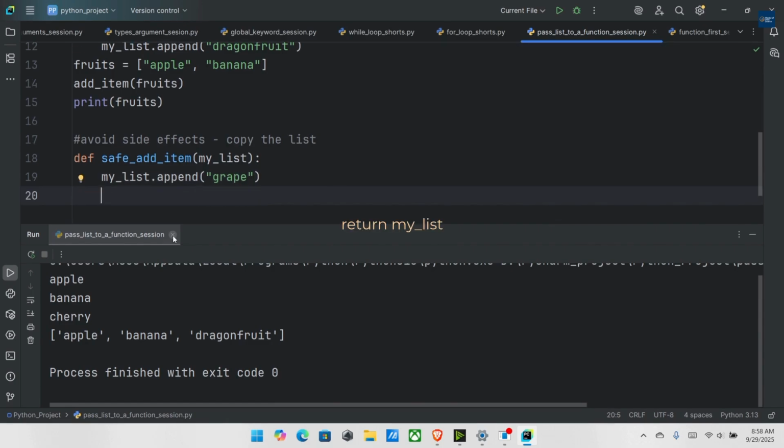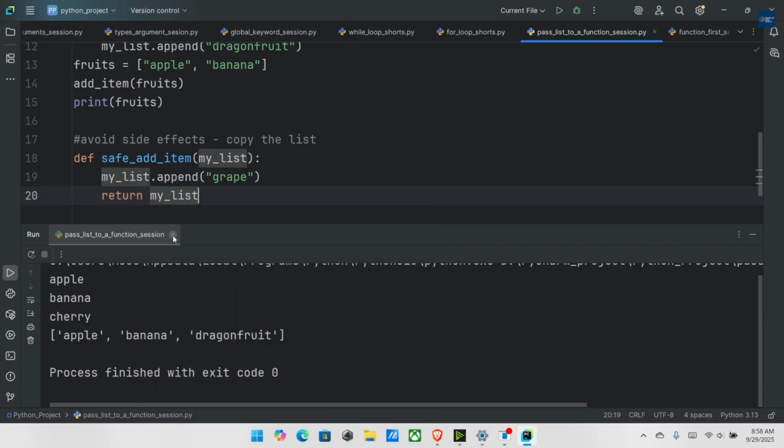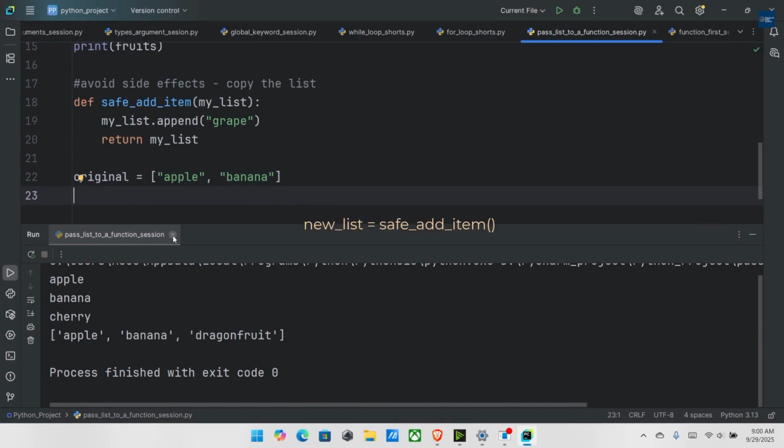Return my_list. original equals, inside the square bracket, enter apple, comma, banana. new_list equals safe_add_item, inside the bracket, pass original,